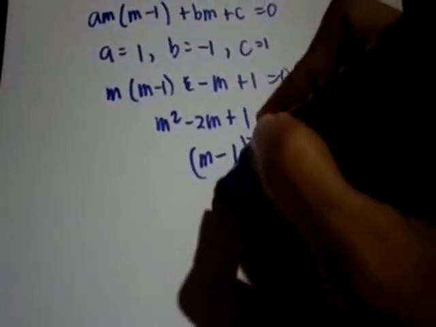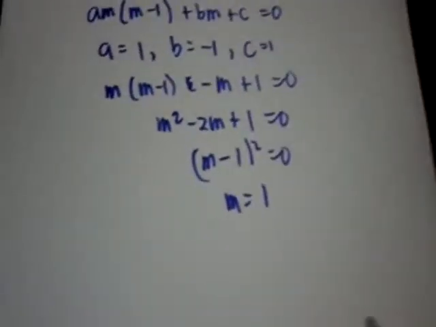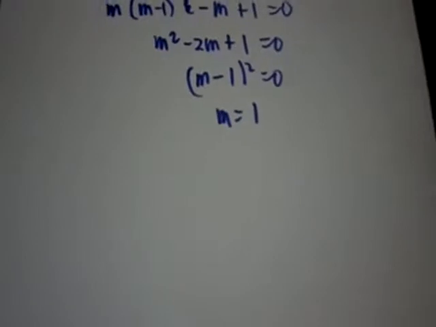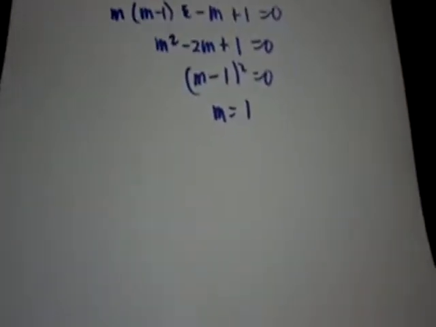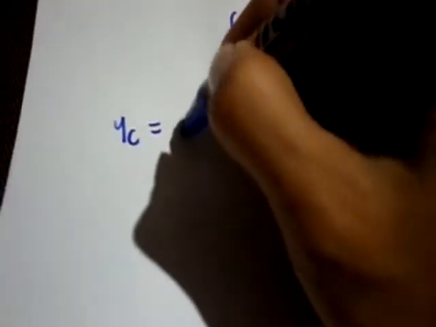So the root is 1. We have 2 equal roots, so I think it's case 2. So the complementary solution yc is equal to c1